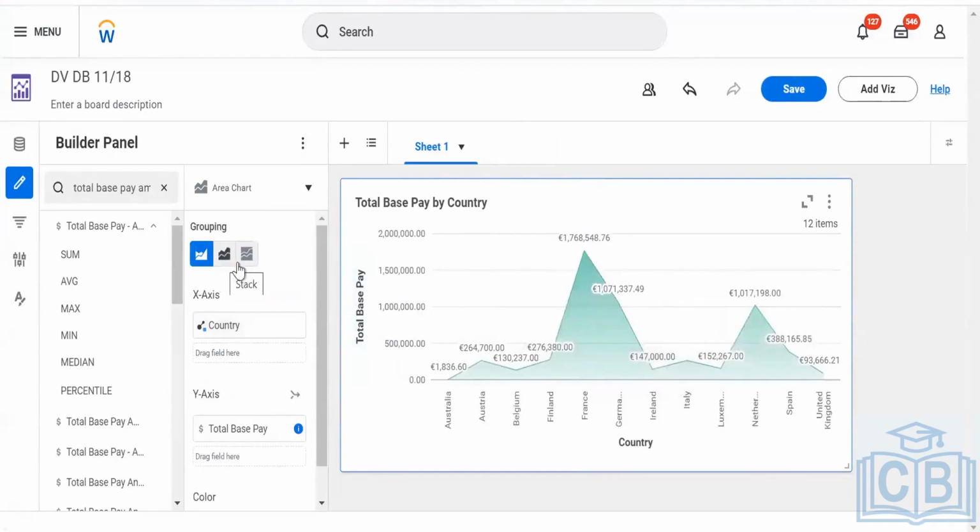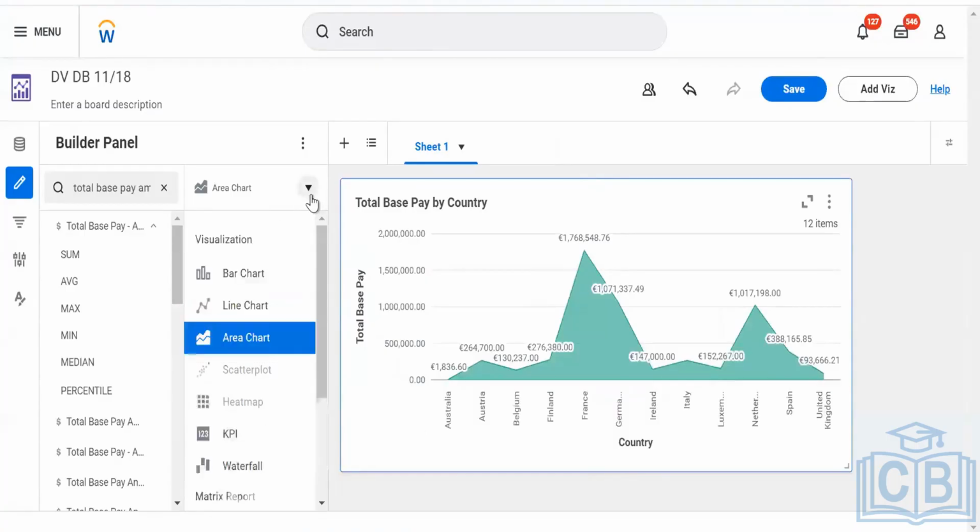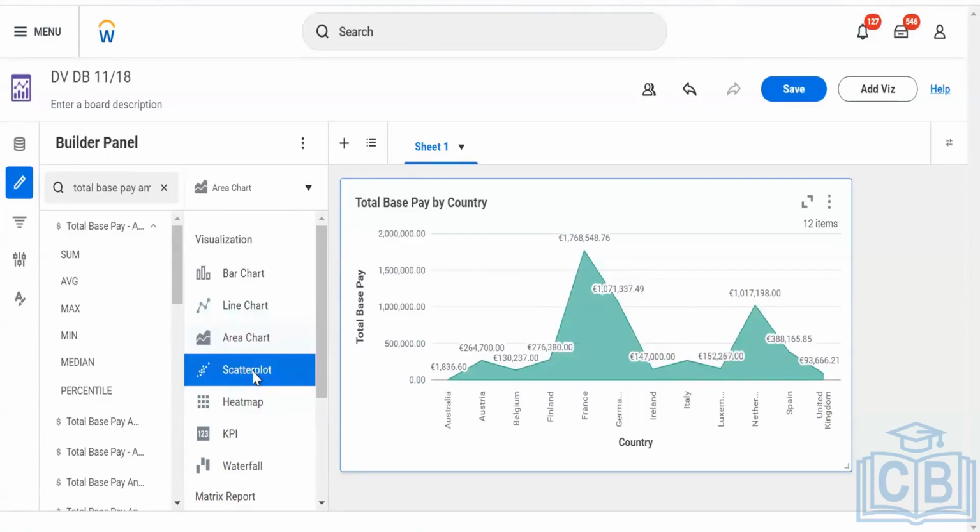The area chart also comes with a stack and a stack 100. If we have multiple measures in the same chart, it will stack them together. It will also have the same attributes. Now, scatter plot. Scatter plot is a very different concept. Basically, a scatter plot is scattering